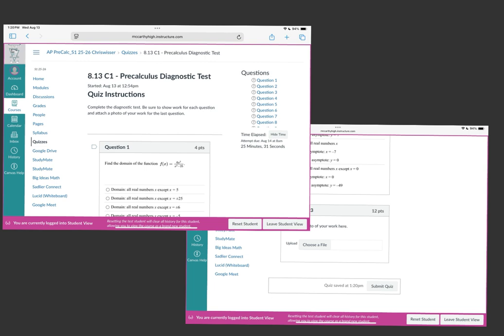Can you split screen? Absolutely. The very last question is going to ask you for your work. Matthew, right? Yep, the last question is going to ask you for your work. So I would love for you to split screen, or if you want to work on hard copy paper, I can give you that too, that's fine. You're going to do all your work on something, and then in the very last question, you're just going to screenshot it and upload that work.